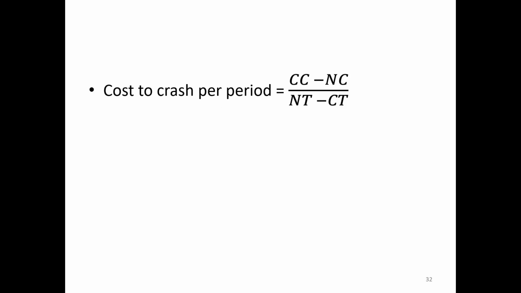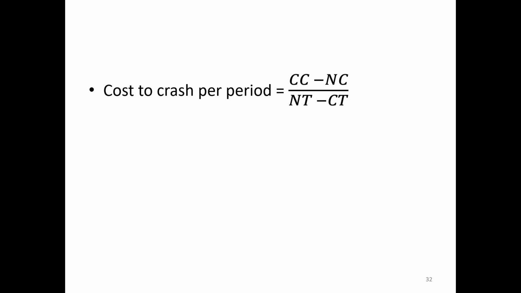And we have a nice, cute little formula here that determines how much it costs to crash per period. Now this is an additional cost over and above what we're normally paying. So this is what I would call, being an economist, a marginal cost, an extra cost, at the edge, a little bit of extra cost that we'd have to pay to achieve this crashing. And it's just the crash cost, CC, minus the normal cost, so the increase in costs from crashing, divided by the